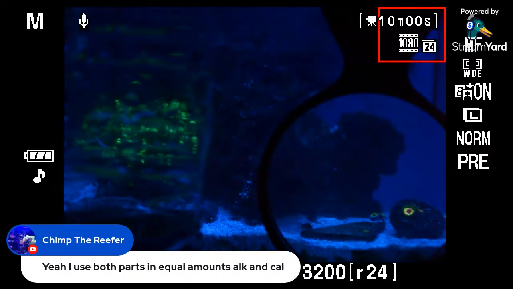Same thing. For example, why does every salt manufacturer have like 3 different brands of the same thing? Why does Instant Ocean have like 3 different colors, the purple bag and the orange bag? Why does Red Sea have the purple bucket and a red bucket? I don't know what color bucket. Why do they have all that? While me, I got the same bag in any size you want, and the alkalinity solution I made is the same solution every time.